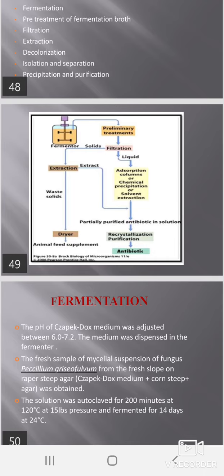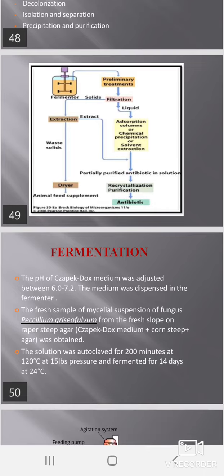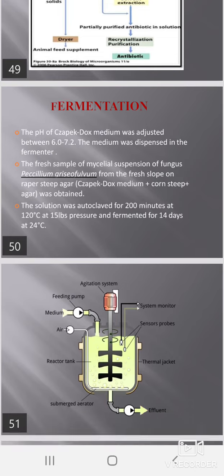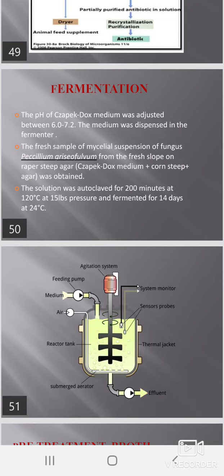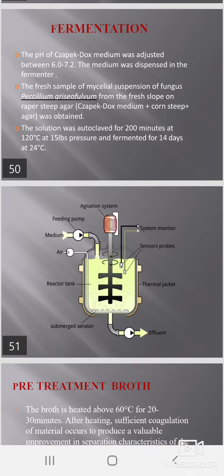The pH of Czapek Dox medium was adjusted between 6 and 7.2. The medium was dispensed in the fermenter. A fresh sample of mycelial suspension of the fungus Penicillium griseofulvum from a fresh slope on corn steep agar, Czapek Dox medium plus corn steep plus agar, was obtained. The solution was autoclaved for 20 minutes at 120 degrees Celsius at 15 lbs pressure and fermented for 14 days